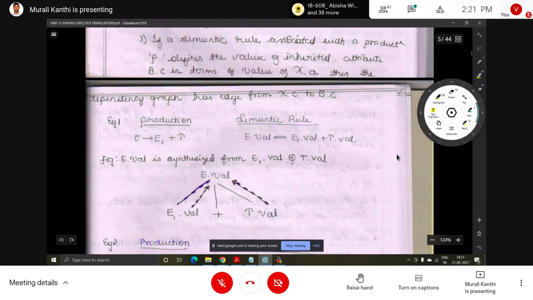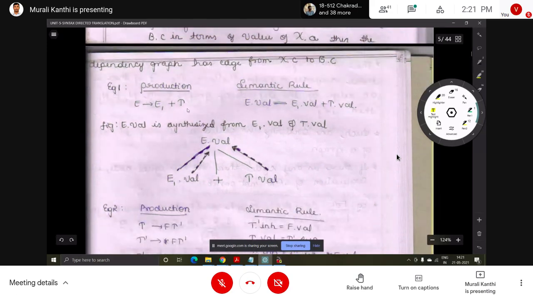This is the semantic rule for this production. First of all, we have to draw the tree for this production, so we write E produces E1 plus